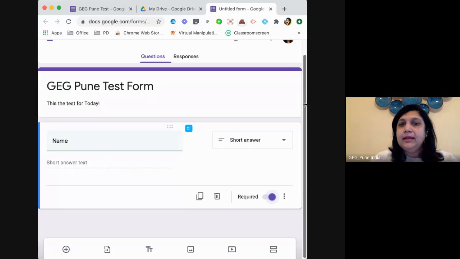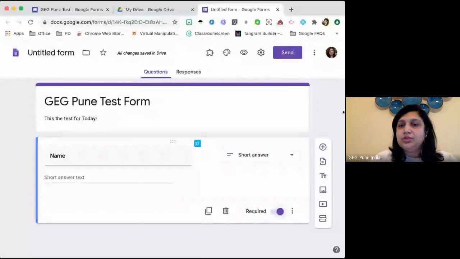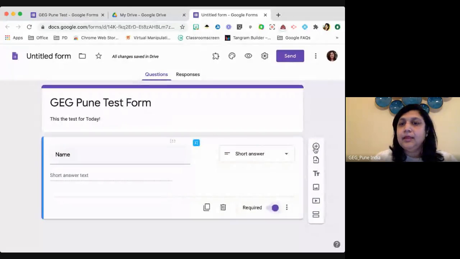Okay? Now, the next thing that I want to show you all is the plus sign here. That tells us that we can add a question. So a question can be added after this. We can import questions. So now let's say you have already created a form. We will use this option in a while, but let's say you have already created a science form for one class, and now you just want to import all those questions to give it to another division.